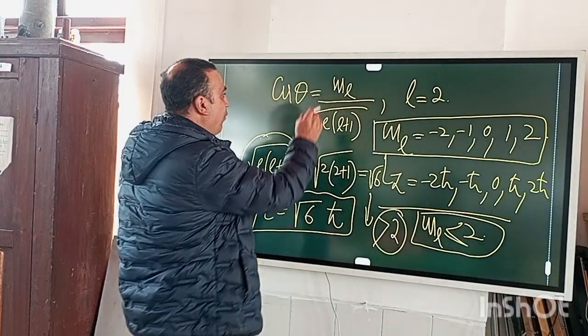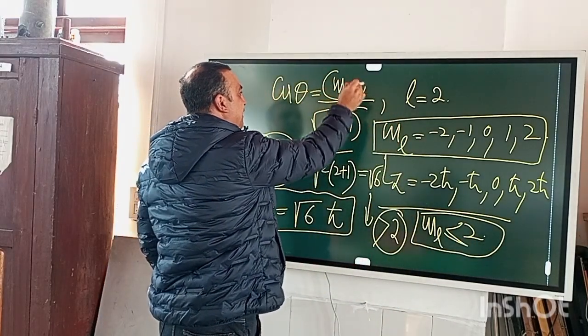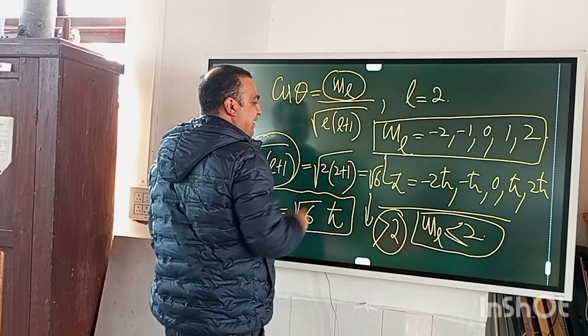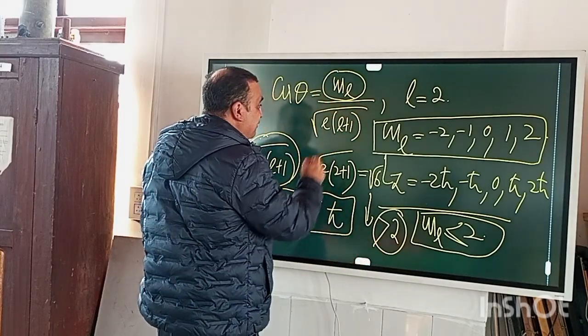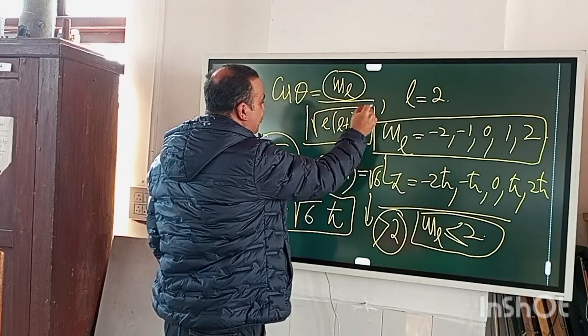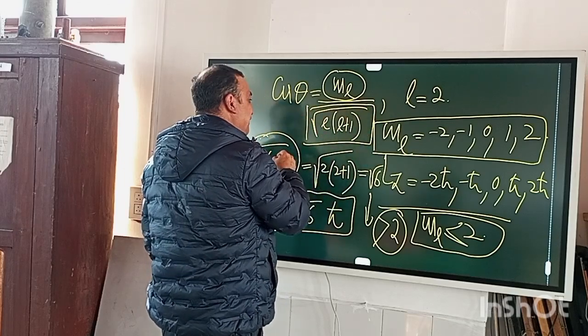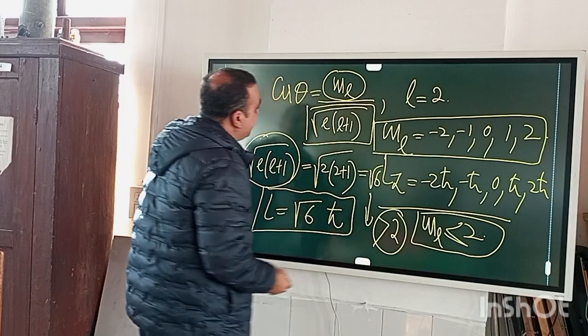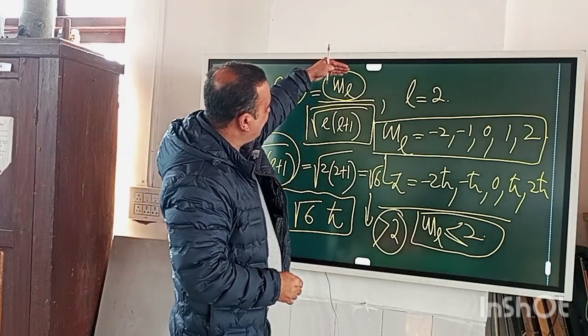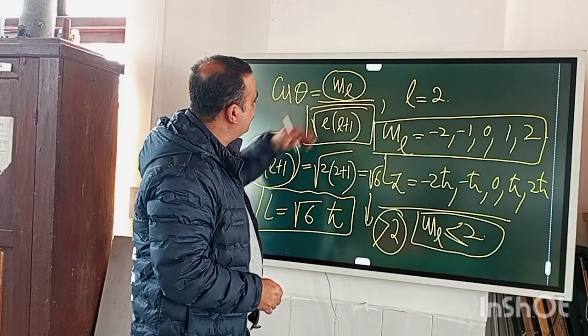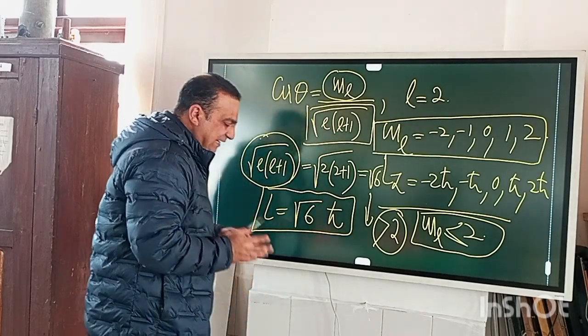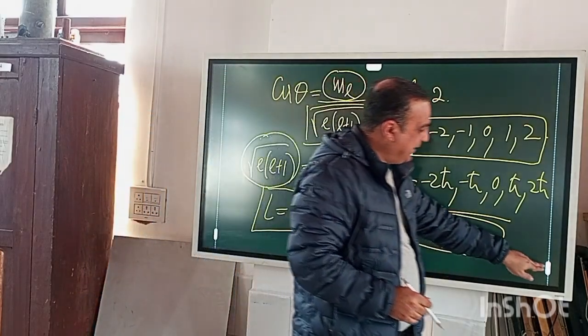So we have the numerator, which is less than 2 or equal to 2 at the most, and we have the denominator, which is greater than 2. So you have a numerator smaller than 2 and a denominator greater than 2,